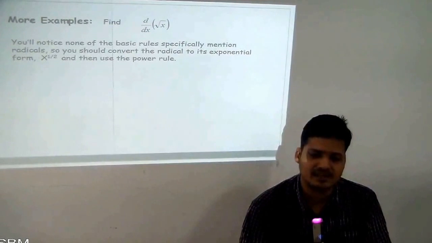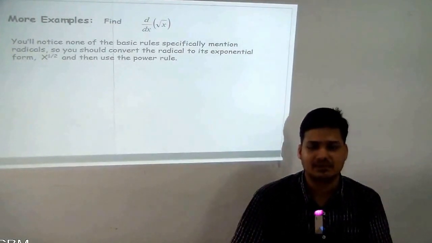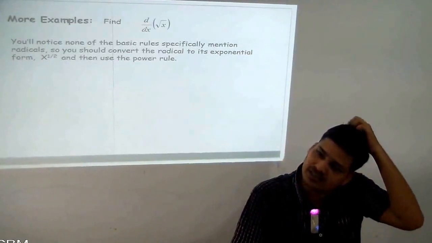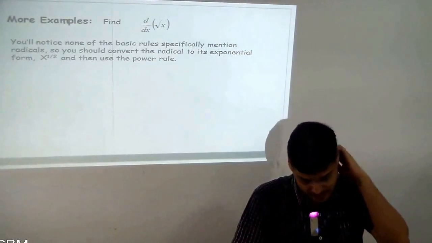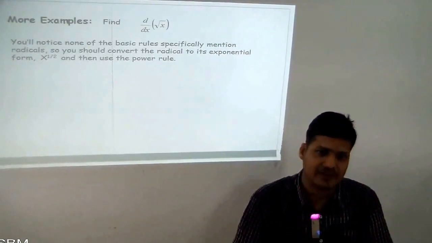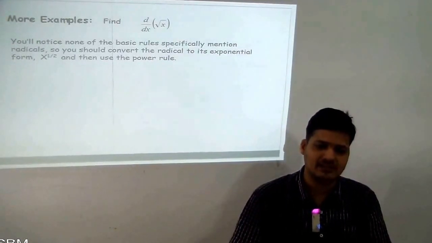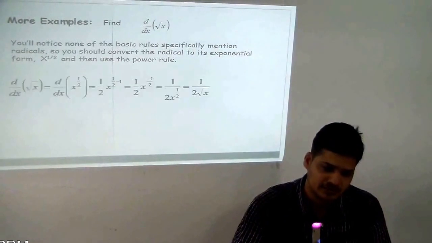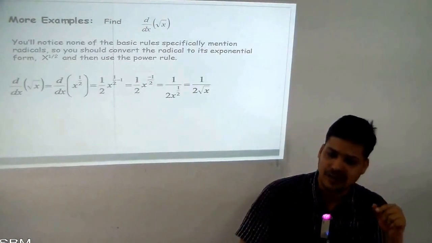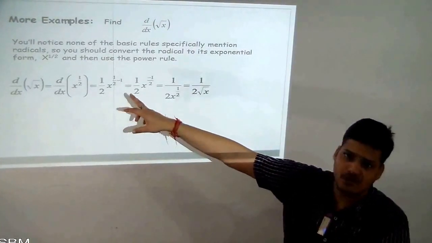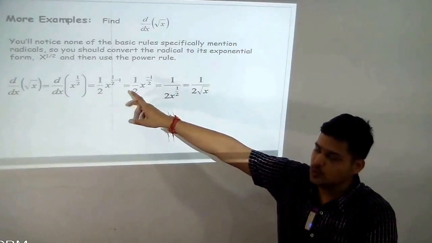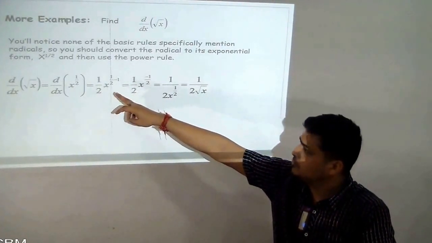More examples: d/dx of root x. Root x is nothing but x to the power 1 by 2. When you find the square root of x, it is nothing but x to the power 1 by 2. So we start: d/dx of root x is nothing but d/dx of x to the power 1 by 2. When you apply formula number 2, what you need to do is